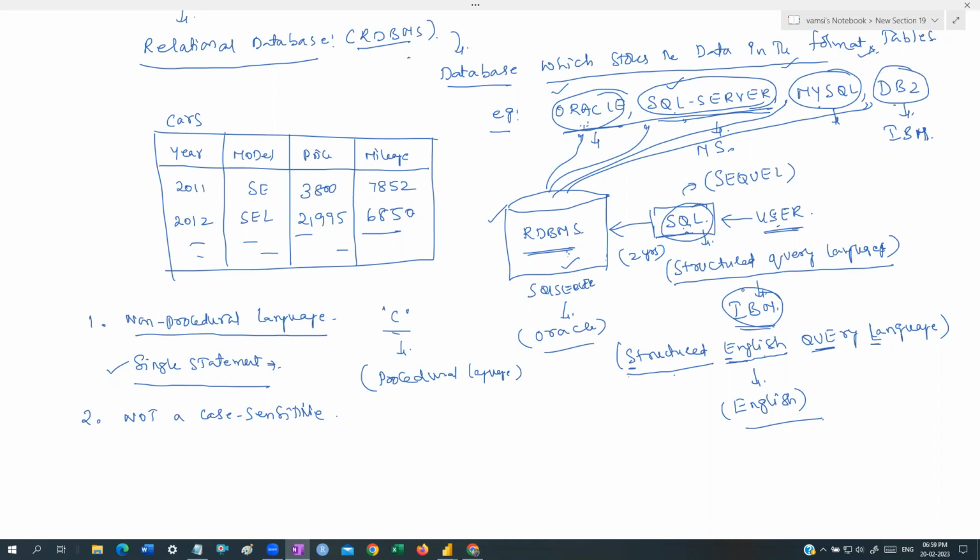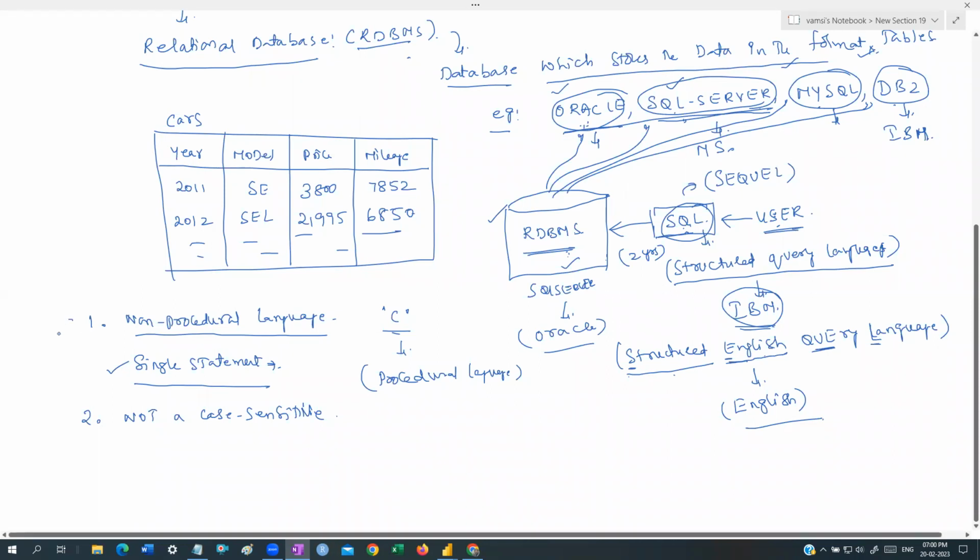Spark is using SQL. Hive uses a kind of Hive query language. We don't want to discuss that, guys. Hive is nothing but a big data framework where we query the data from big data systems by using Hive query language, which we call HQL. It is out of the discussion, right? So these are some of the properties of SQL, guys. But anyhow, we are going to work with the SQL Server database.